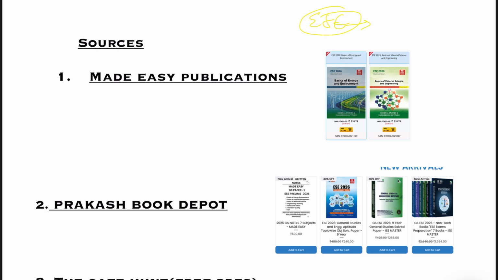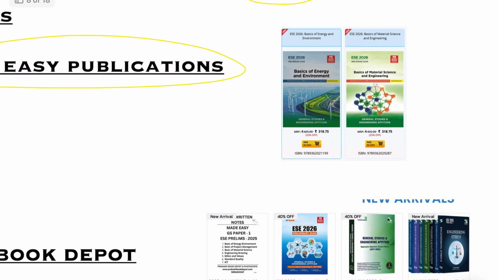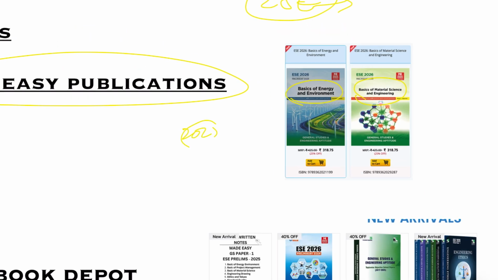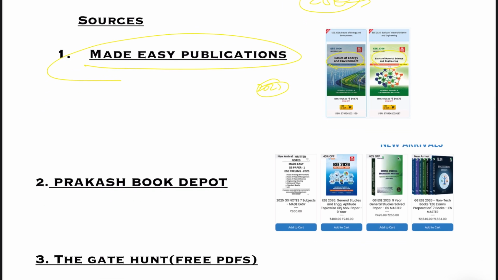So in my case, I have referred to the first source called the Mailzy Publications. You can go to their website. They have books for every topic, so you can purchase them. I had referred to the 2023 edition. One of my friends was preparing for the ESC examination, so I borrowed it from him, and I have prepared for the subject. Also, one of my other friends who has cleared the ESC examinations suggested to me